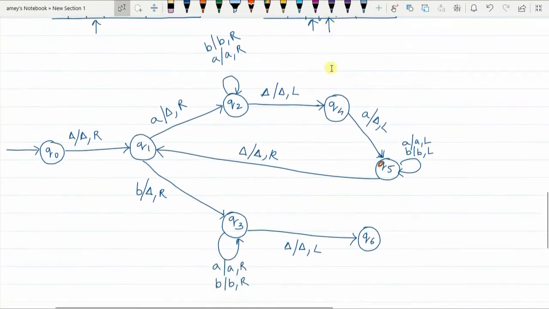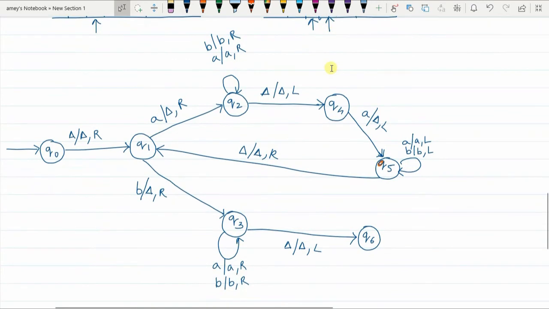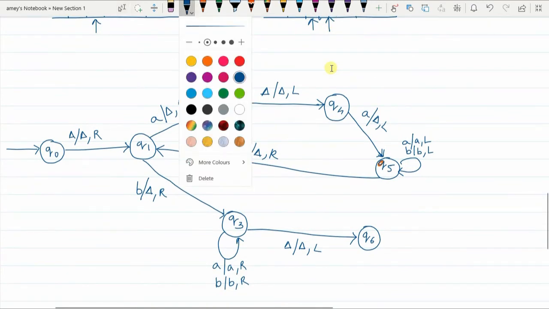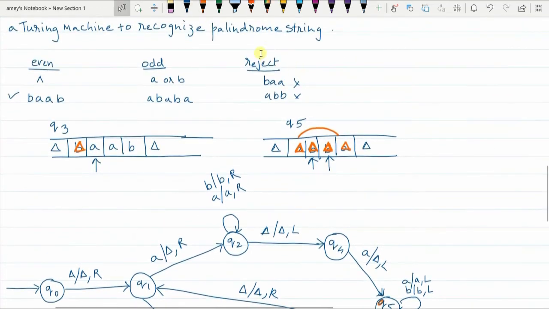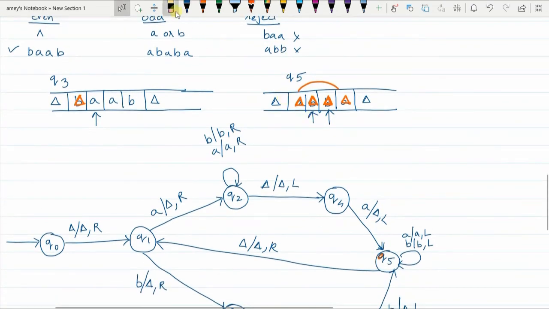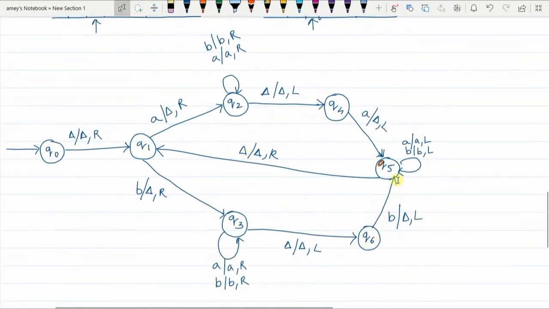So in Q6 state, when B is encountered, you replace B with delta and the pointer moves one place to the left, and you are in Q5 state. Your pointer was earlier pointing here. Now you replace that B with delta and the pointer has moved here. So I will remove the previous pointer. So you are in Q5.